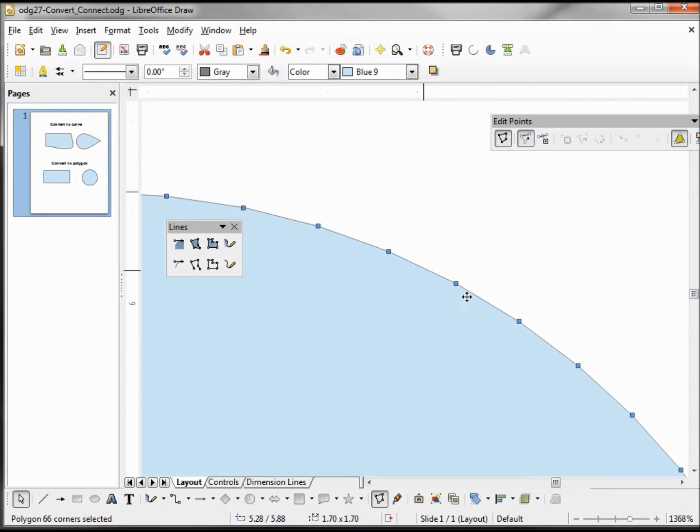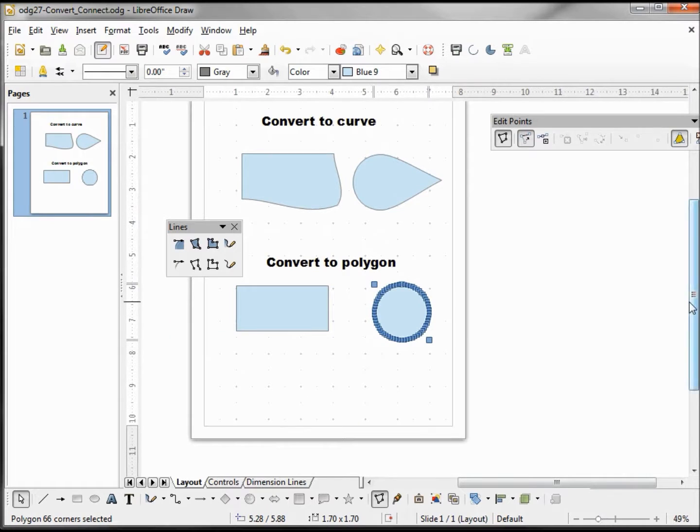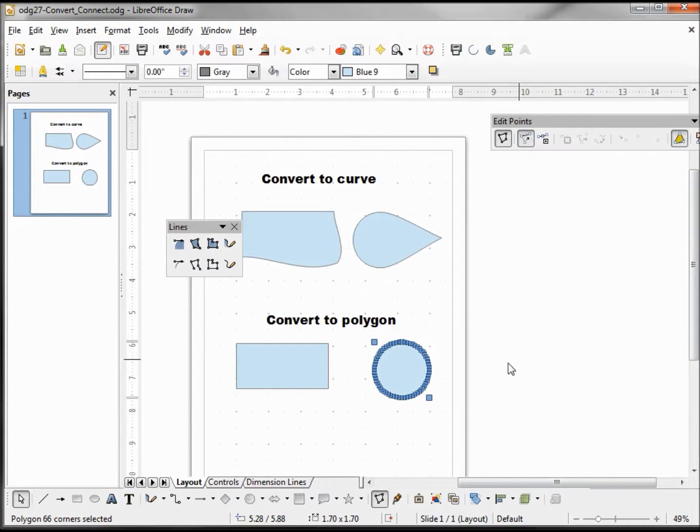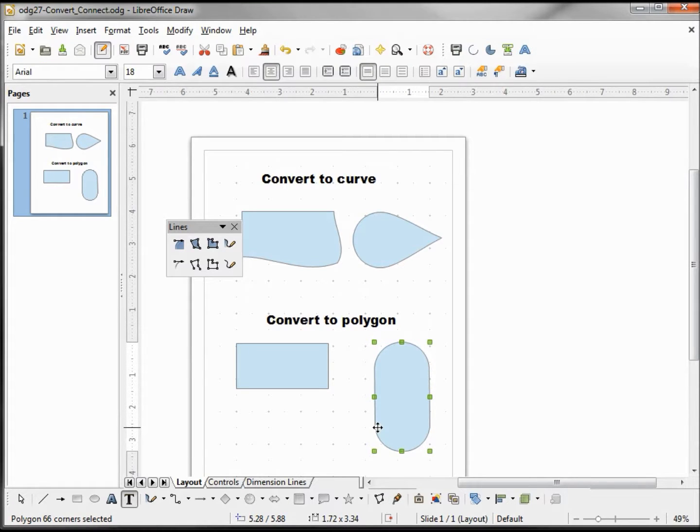And here we see we only had to zoom in 1,368% to see that we have got a bunch of little straight lines. Let's go back to the normal size. And this works the same way as we saw above. I can select some or all of the circle and then pull it out and stretch it out, and clicking on the points mode, turning that off. Now I treat it just like a regular shape.